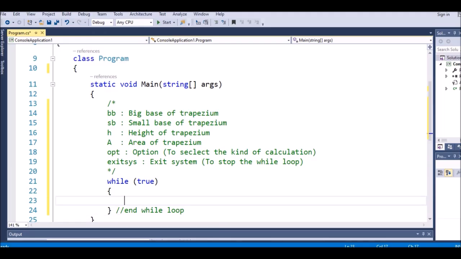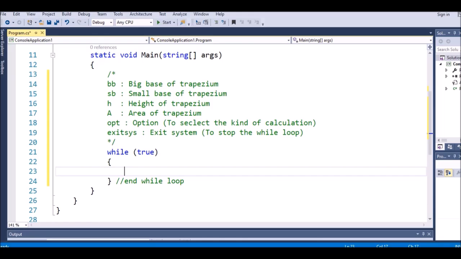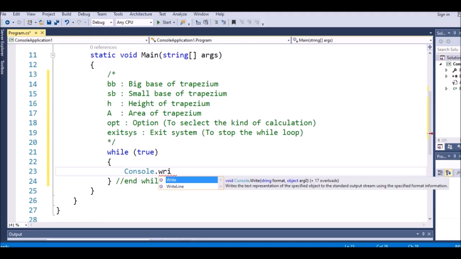So inside the while loop we will write the details. First we will explain to the user what this program is about. So I will write a console write,